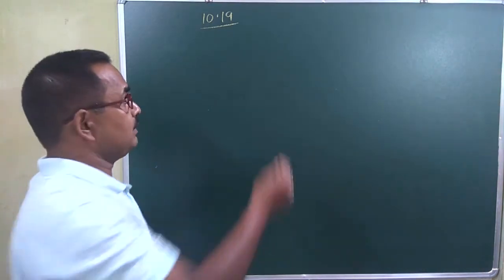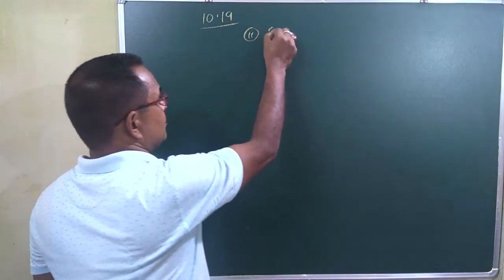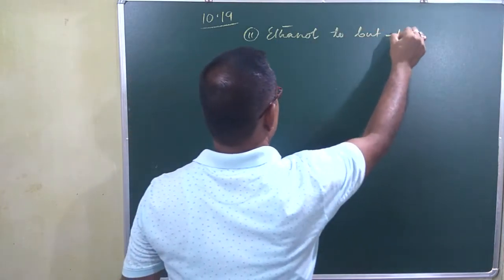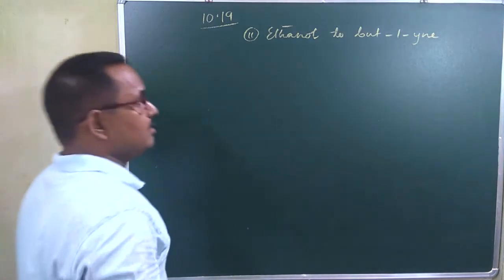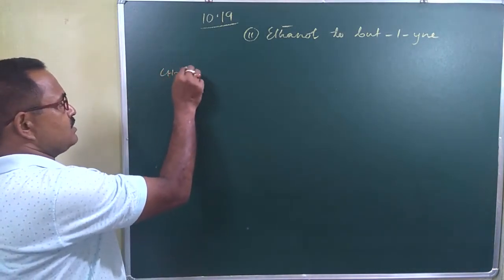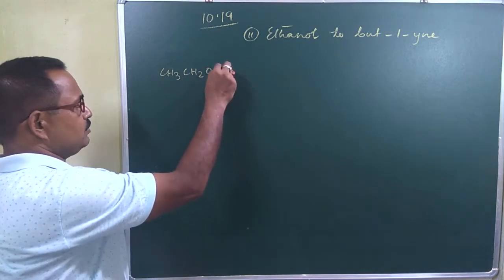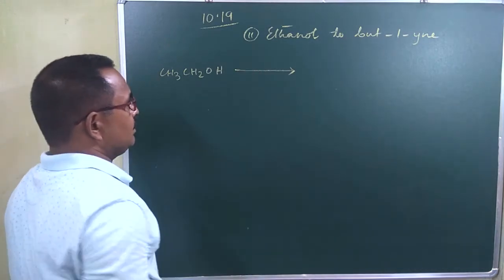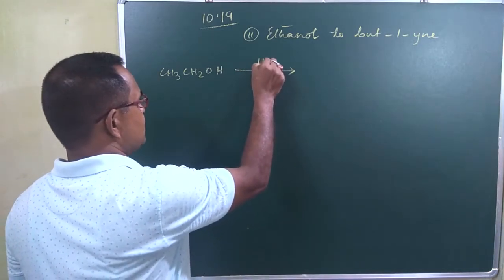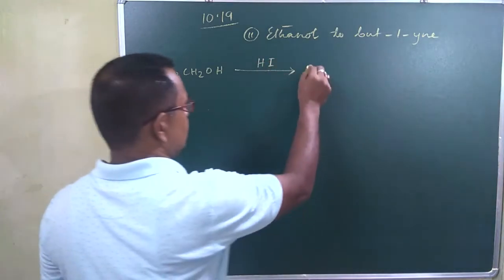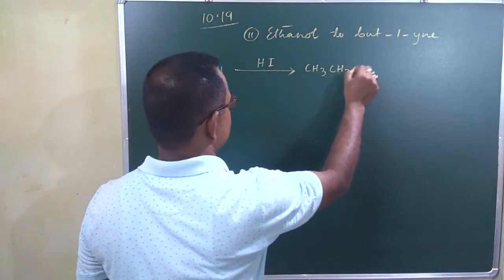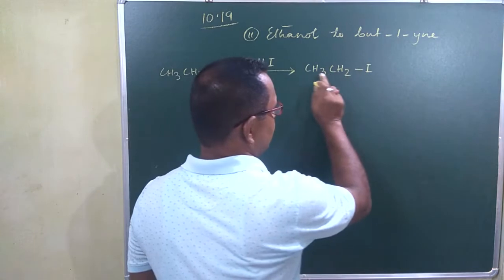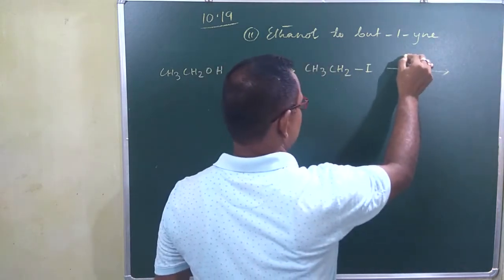Now come to the next one, number 2. Ethanol to but-1-yne. This is ethanol, CH3CH2OH. Treat it with say HI. We'll have CH3CH2I, iodoethane. Then this compound will be treated with